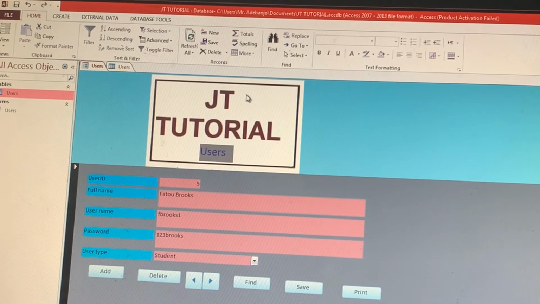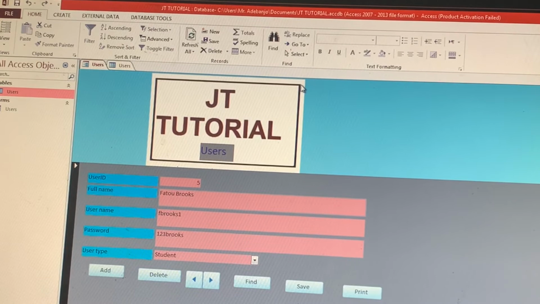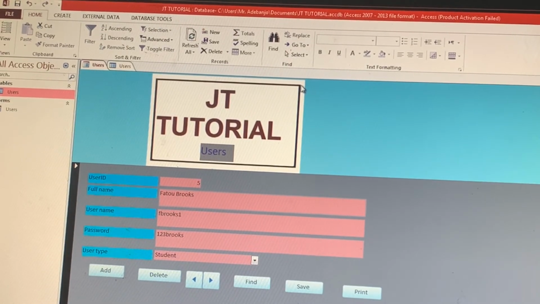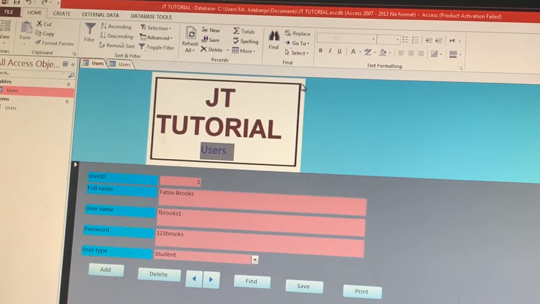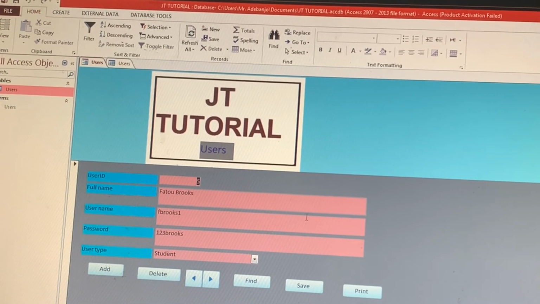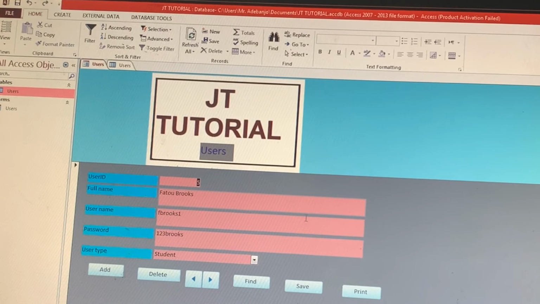So this is just part 1 of the video. In our second video, which is part 2, I'll be showing you how to use codes to run your form. That is the VBA codes. I'll teach you how to use the VBA codes in Microsoft Access to run your forms. So with that, you can have a